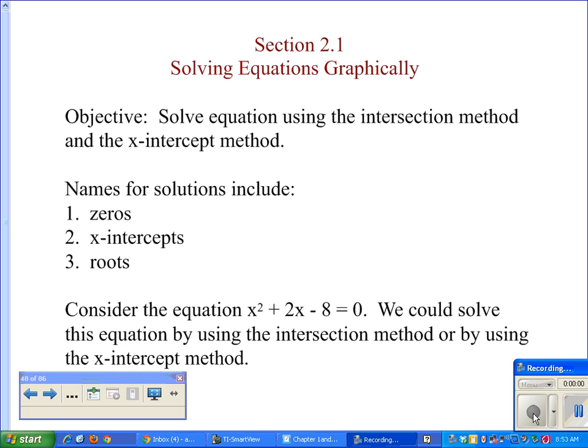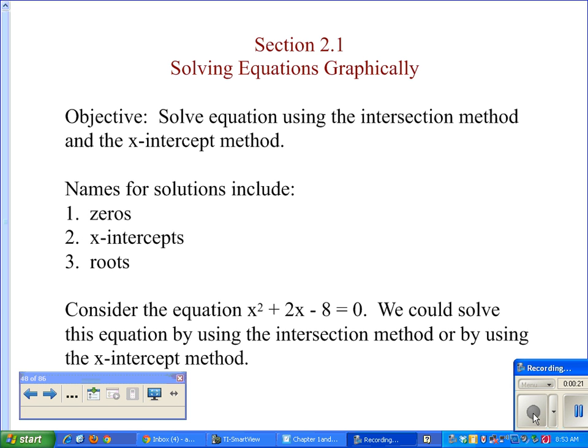Section 2.1, we're going to be solving equations using the intersection and x-intercept methods. Before we get started, let's just talk about some different names for solutions. Those include the zeroes, the x-intercepts, and the roots of equations. So you'll hear me use all of those interchangeably, but they all mean that we're finding the solutions of an